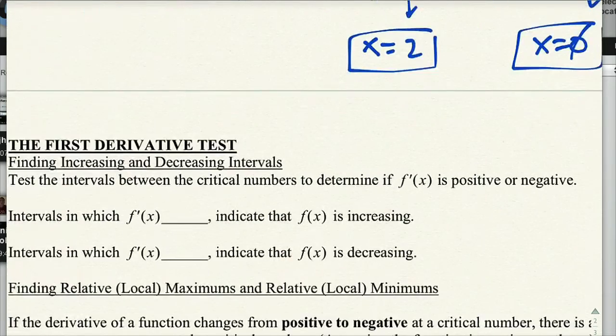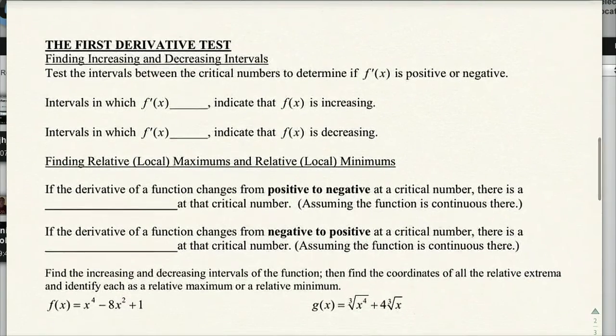Now, here's the big thing. It's called the first derivative test. This is how you could find out where an interval is increasing or it's decreasing. Okay? If you find out that the derivative is positive, if you plug in a number and you get a positive number, that tells you that it's increasing. If you plug in a number and you get a negative number,